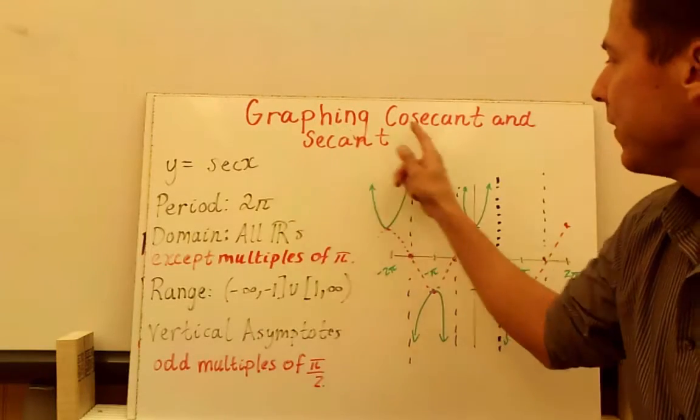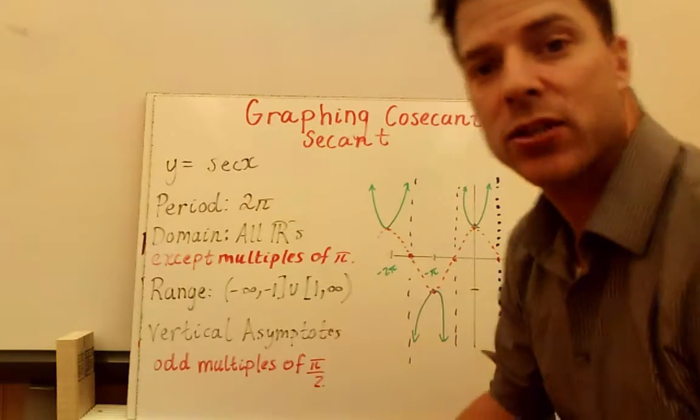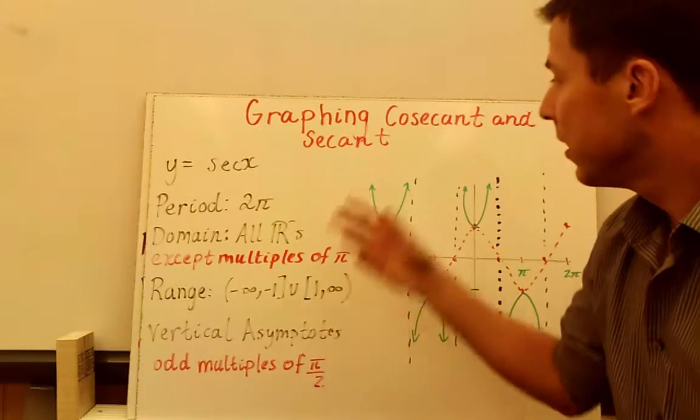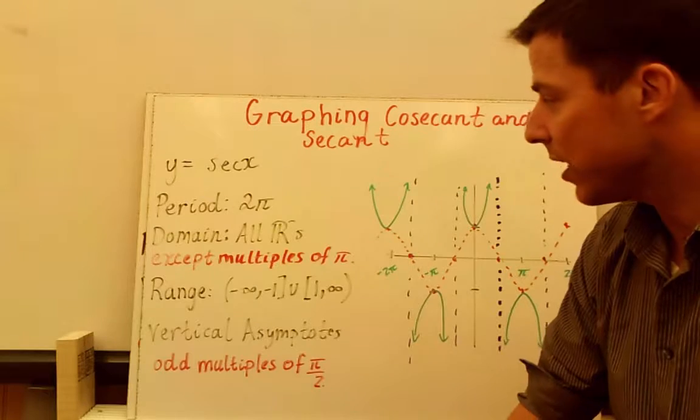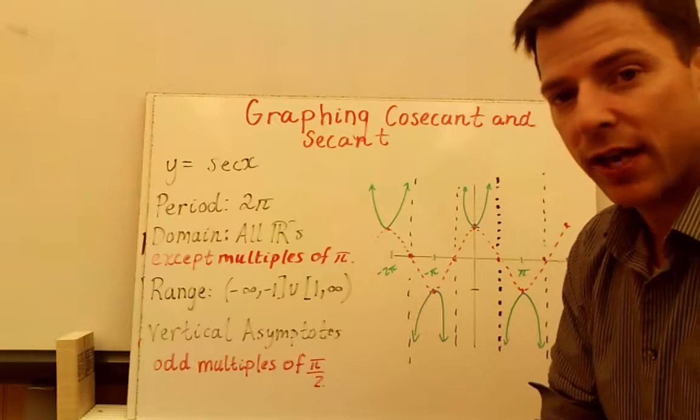Alright guys, welcome to graphing cosecant and secant graphs. What we're going to do is describe what these two graphs look like. We've already talked about sine, cosine, tangent, and cotangent. So we're going to get a description of each of these graphs, and I'm going to show you how to